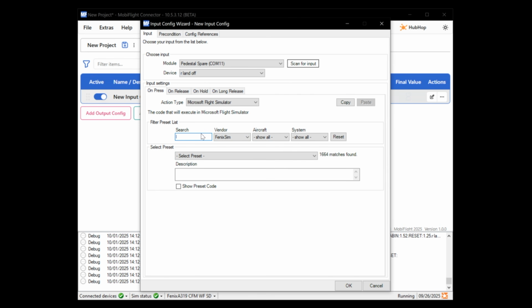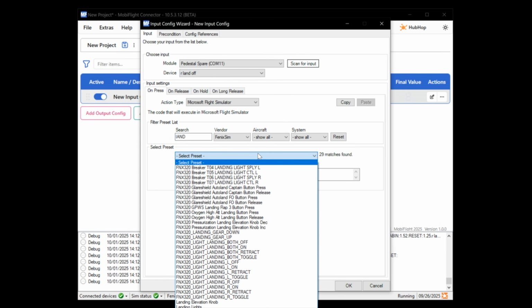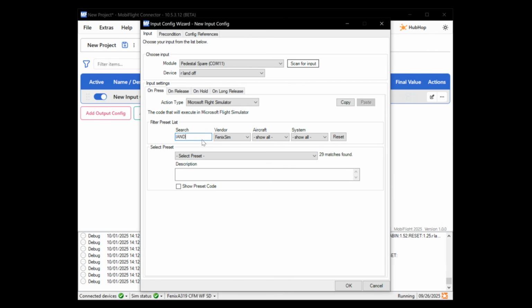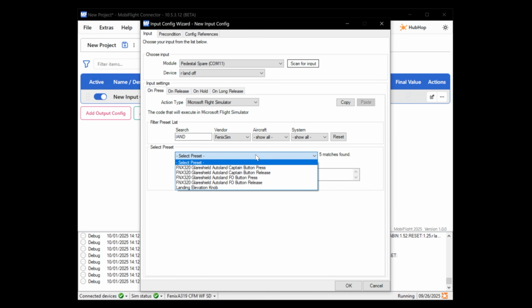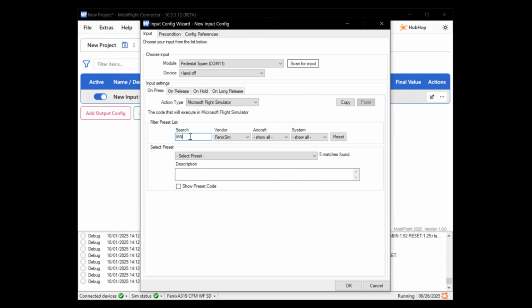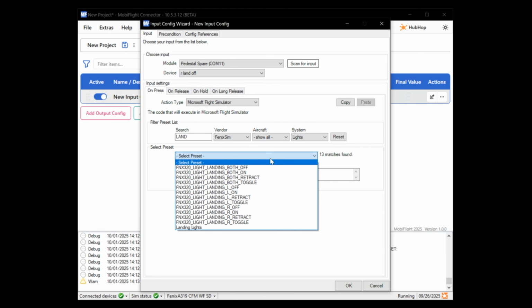and just type in land. So we're going to program this to the landing lights, which on the Airbus is essentially a 3 position toggle switch, either off, retract or on. So we're going to mimic that with our toggle switch. So this is land off, so let's see what we've got. Lights. Okay, so the right landing light